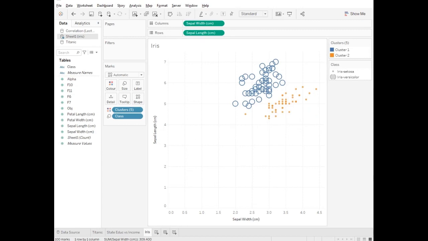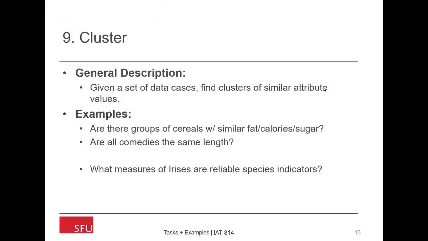Okay, let's go back to the slides. So the general description is: what measures of irises are reliable species indicators. In this case, I intentionally chose sepal length and width to indicate that if you just use those as measures, it probably wouldn't work well, because the plot of those two variables leads to a collection of data points that very closely almost overlap each other, so they're not so reliable or so easy to